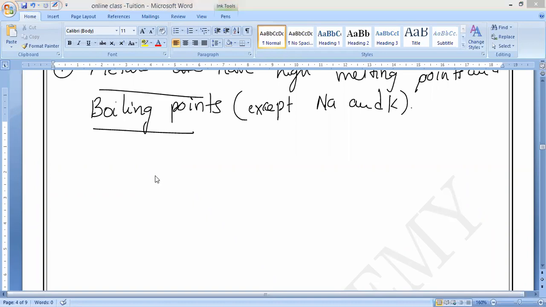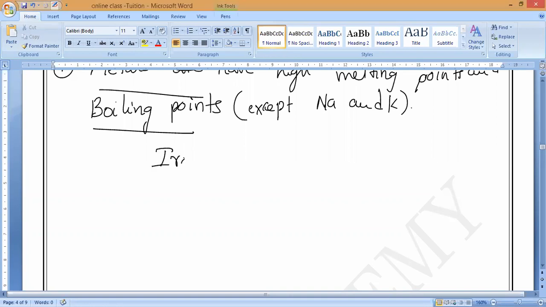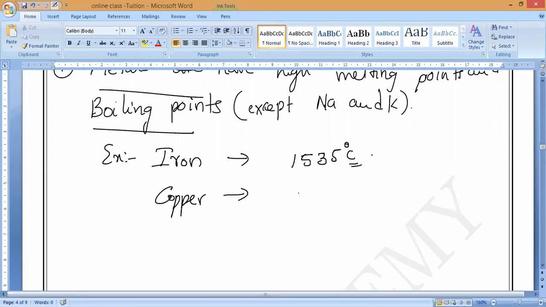Understand? So metals have high melting points and boiling points, except sodium and potassium. For example, if we take iron, the melting point is 1535 degrees Celsius. This means if we heat solid iron, it will start to melt and turn into liquid at a high temperature of 1535 degrees Celsius. Same way, if we take copper,